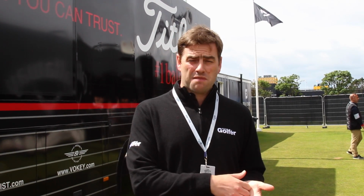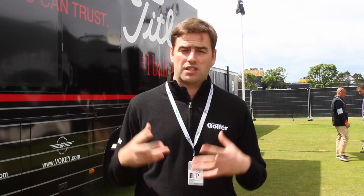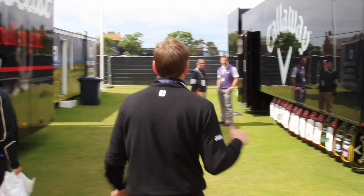Titleist truck there. So just a little bit about the Titleist truck. That'll also be where the Vokey wedge stuff goes on. So Bob Vokey, Aaron Dill, I'm not sure if Bob's here, but his right hand man Aaron Dill will be here working really hard this week. He's the guy that will be polishing a lot of wedges, adding or taking away bounce of wedges and things like that. So I reckon he'll be one of the busiest guys here this week, because you get a lot of these Americans playing on the PGA Tour. This might be the only links golf they experience this year, so the wedge man will be really busy this week. Moving down a little bit further,